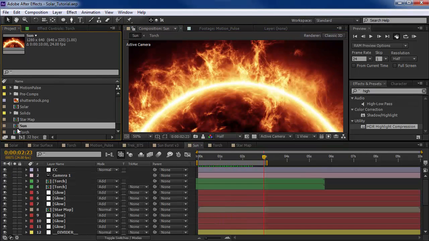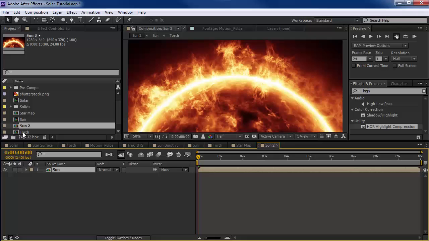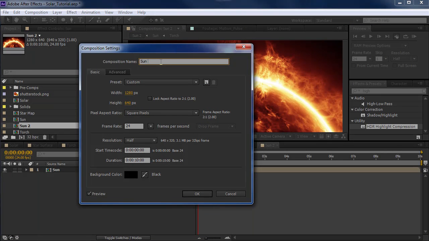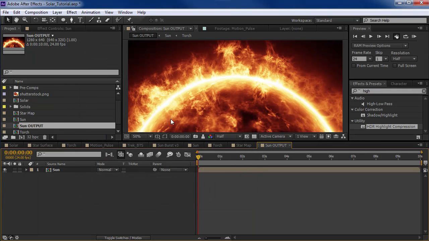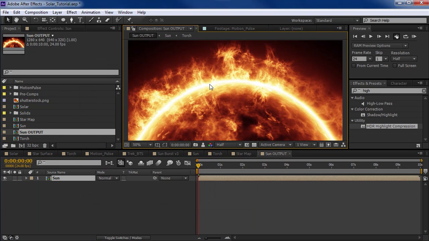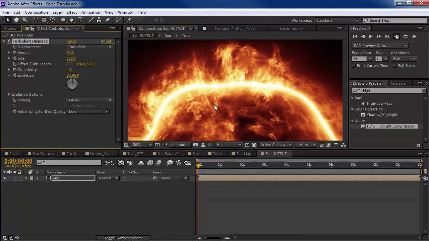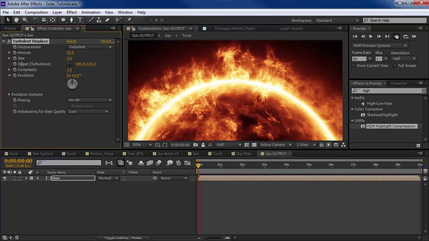Let's take that sun and let me show you a few finishing effects. Let's put it into a new comp, and we'll rename this sun output. And this is where we're going to do just a couple of final effects. Now, if we want to add a little bit of heat distortion, we could use a basic effect called turbulent displace. And if we're careful, we could bring the size really small, and animate just a